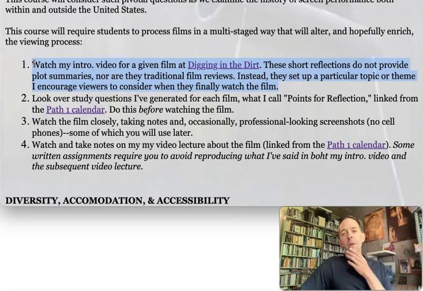I often spend 5 minutes on the film itself, preceded by 10 minutes talking about the socio-historical context for an idea, or the psychological or spiritual context, or the cinematic history behind an idea or its representation in film.